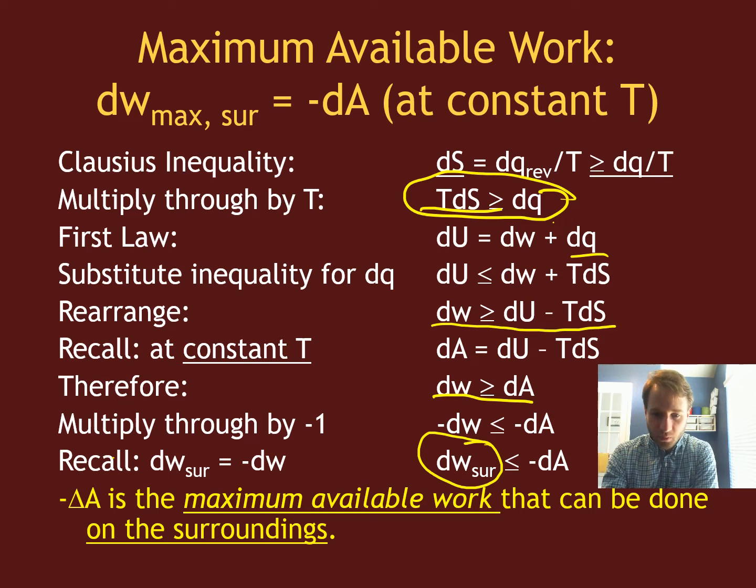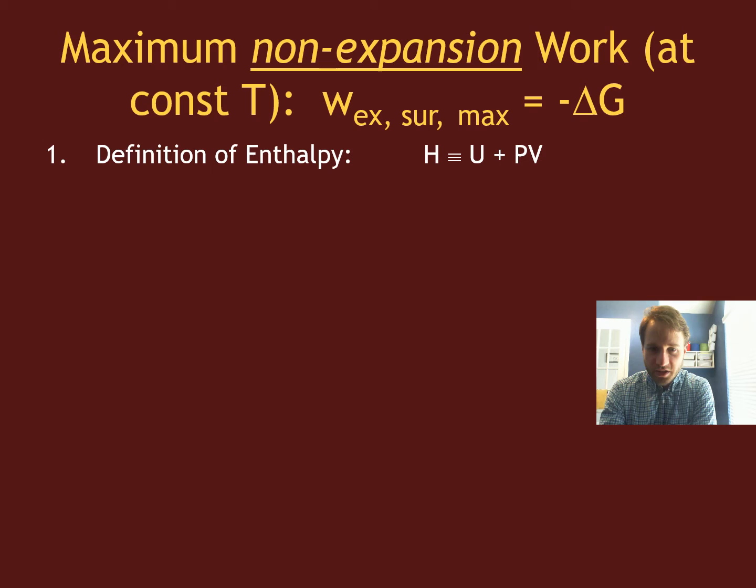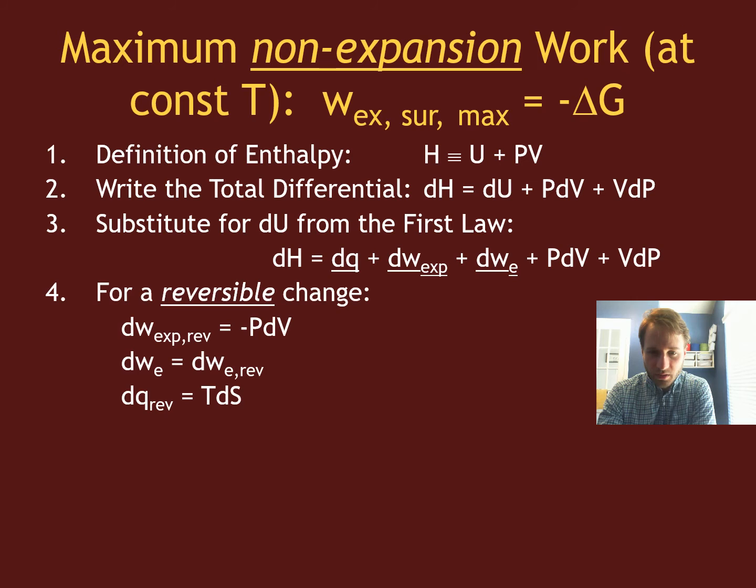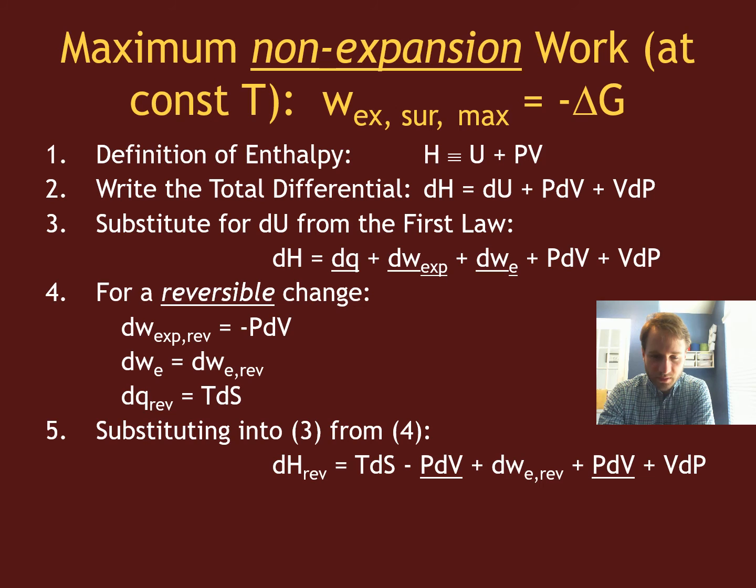All right, and this is expansion compression work. Now let's look at non-expansion work. Starting here with the definition of enthalpy, the total differential that is given there, and then if I substitute in the first law of thermodynamics for dU, and I break up my work into expansion work and non-expansion work, the e is there for extra work. If I assume a reversible change, I get dW expansion reversible is just minus PdV, because P external is equal to P for a reversible process, and dQ reversible is equal to TdS. So substituting those into equation 3, we get dH equals TdS minus PdV plus dW e reversible, the extra reversible work,